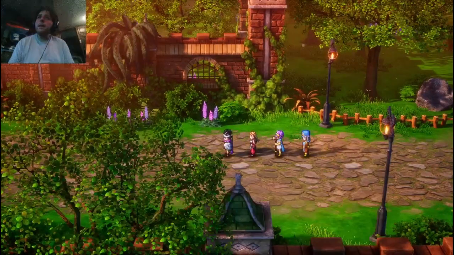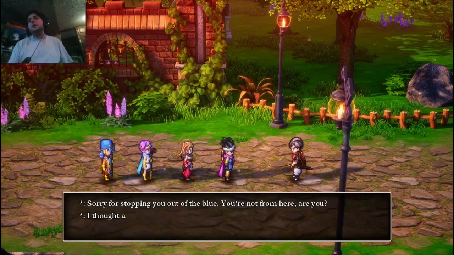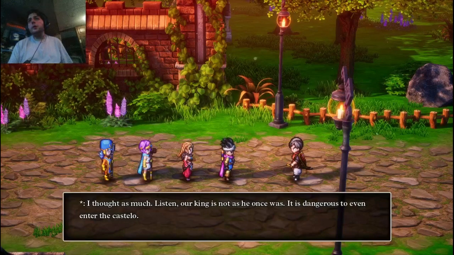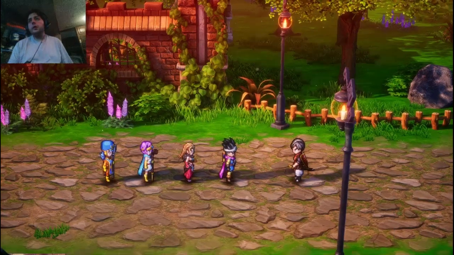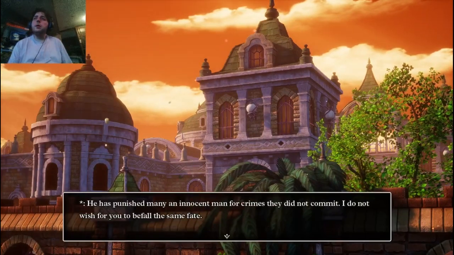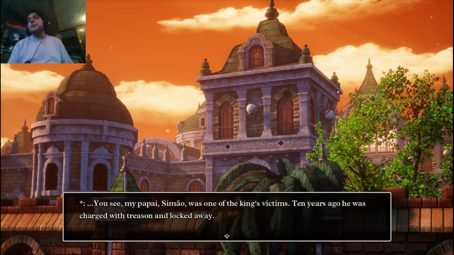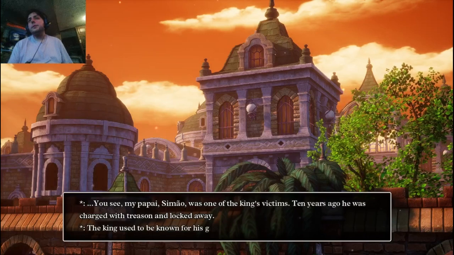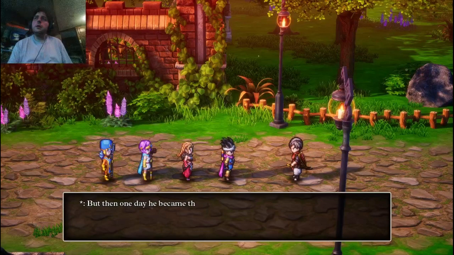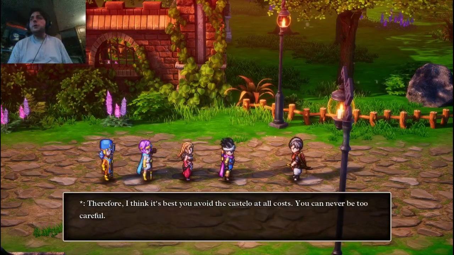You there! Sorry for stopping you out of the blue. I thought as much. Listen, our king is not as he once was. It is dangerous to even enter the castle. He has punished many an innocent man for crimes they did not commit. You see, my papai, Simão, was one of the king's victims. The king used to be known for his generosity and understanding. But then one day, he became the brute. Therefore, I think it's best you avoid...